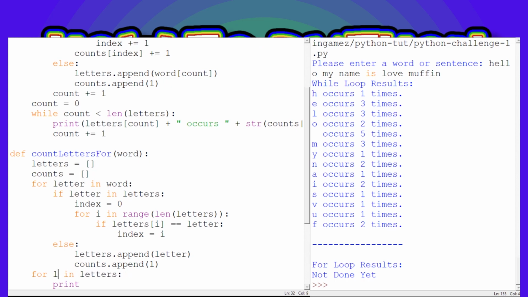Actually, no, we're going to do for i in range of letters